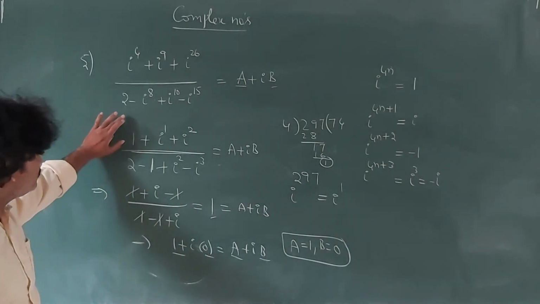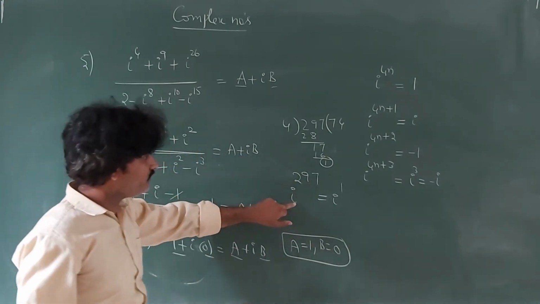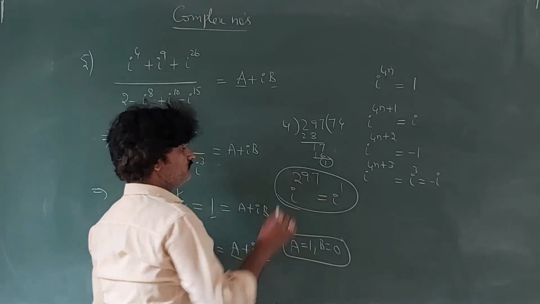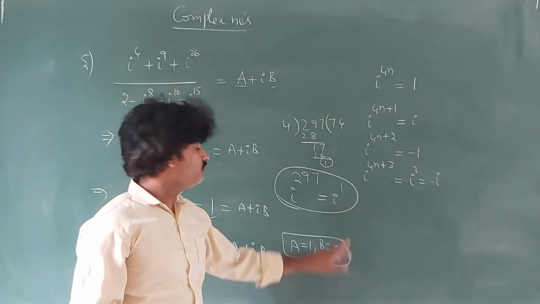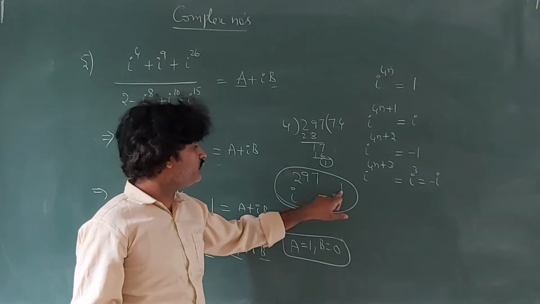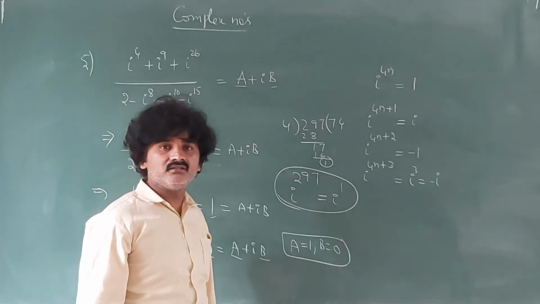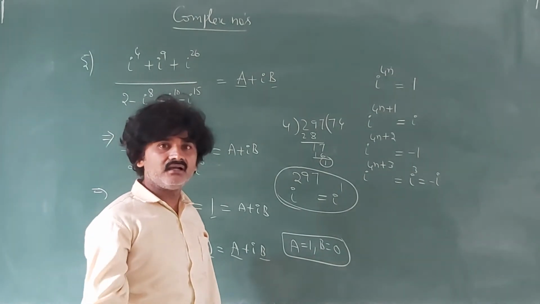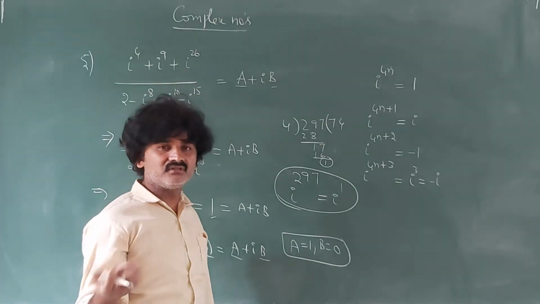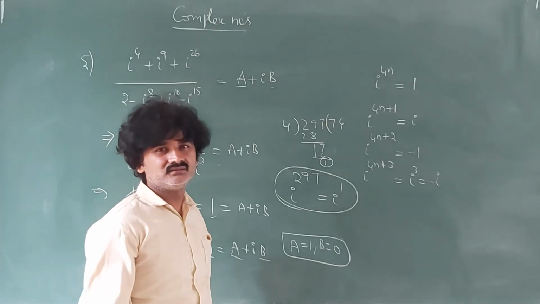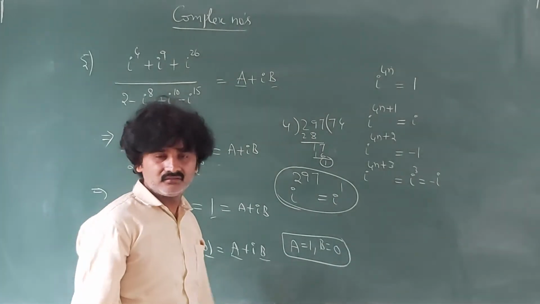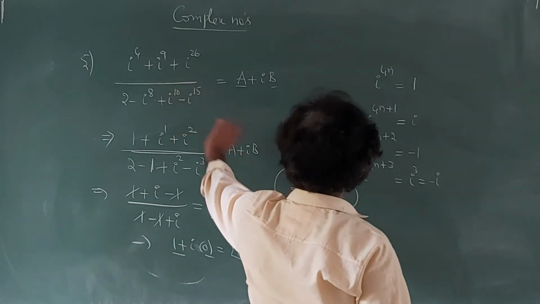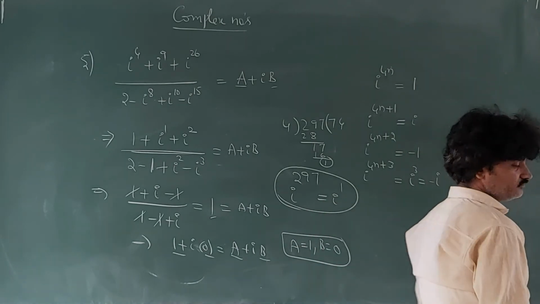Okay. Did you understand what I said in this problem? For i to the power of any big number, divide it by 4 and simply rewrite the remainder. The remainder is either 1, 2 or 3 only. If it is exactly divisible, it means i to the power 0, whose value is 1. Got it? So take this problem. Now with any power of i, you can simply write the answer.